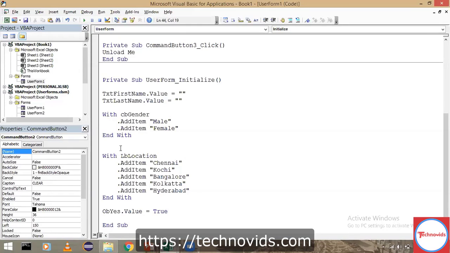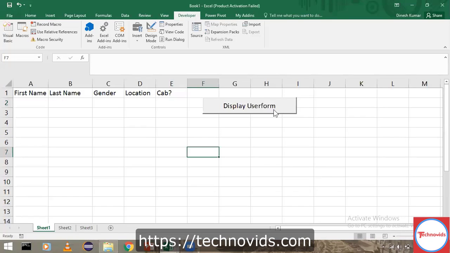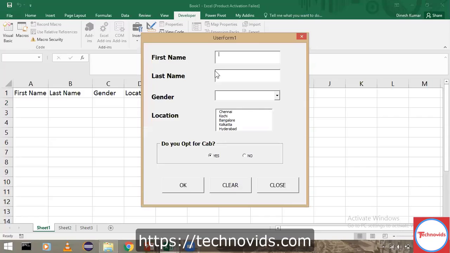Now let's go and test how it works. I go back to the Excel. I click on this display user form. Now your user form is displayed. Let's type some names here. Now if you click on this gender drop down, you can see male, female. Let's select one of those, and let's select one of the locations as well from the list box.